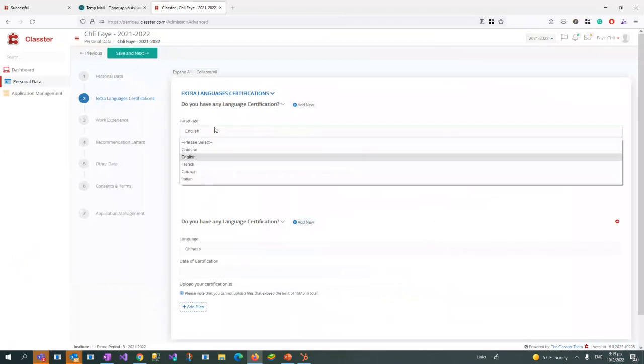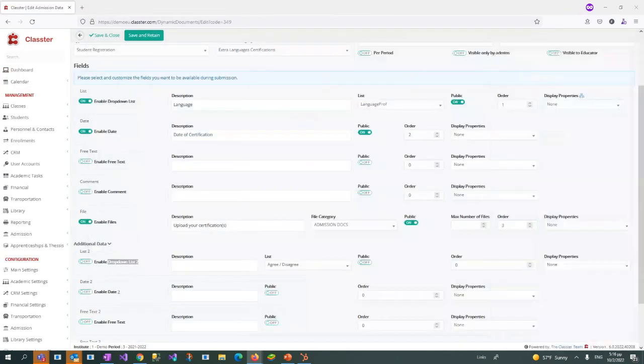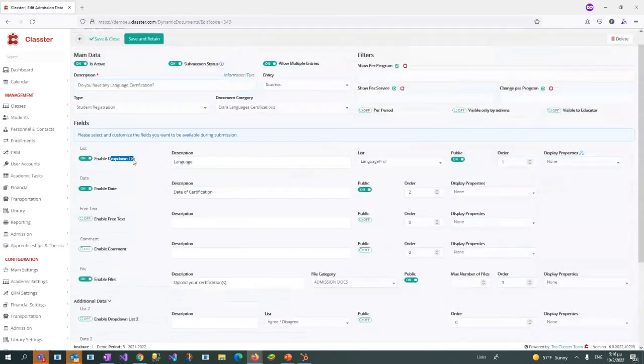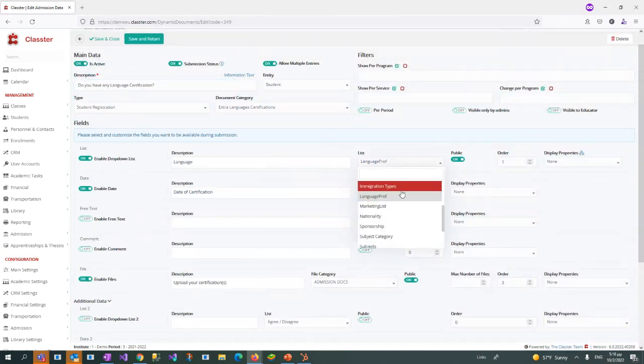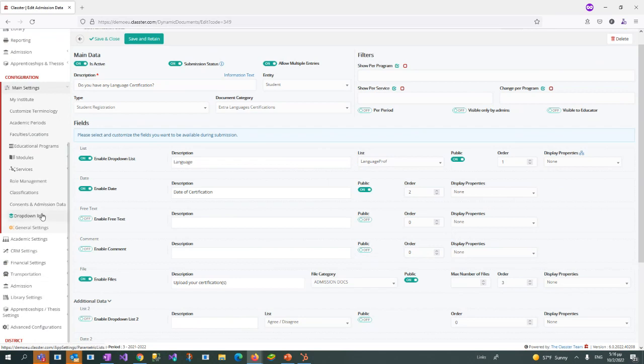Is this question the language? Or it can be a question like yes or no. So this is a drop-down list question with the relevant list of answers. Now, the list of answers is created from the main settings and drop-down lists again. In the drop-down lists,